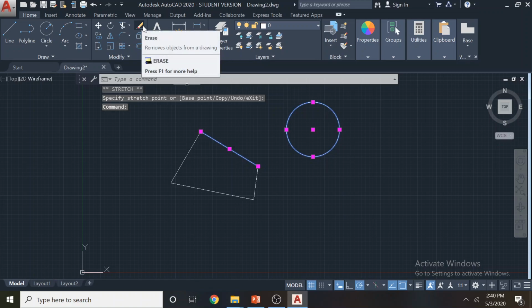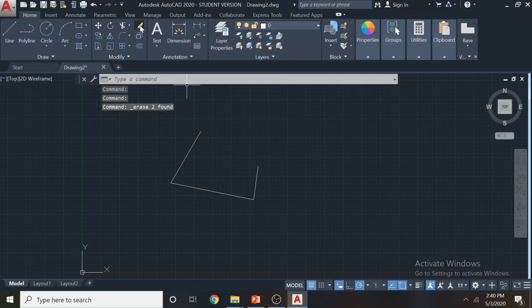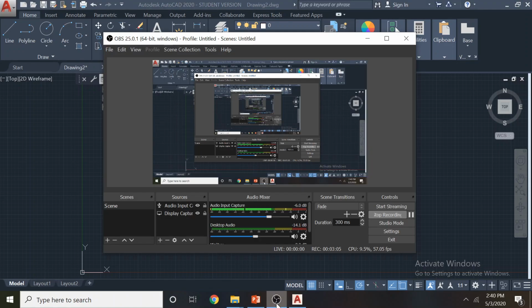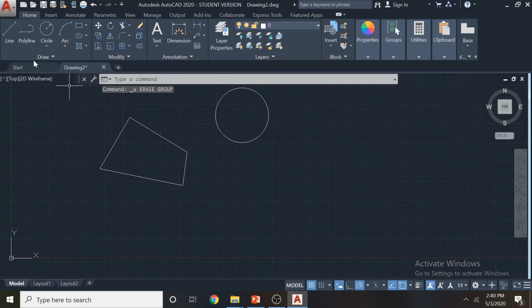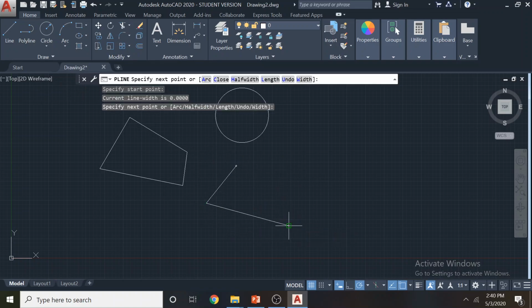We normally don't heavily use the erase tool, though it can also be used; otherwise use the keyboard delete button. Now if you draw the same thing using polylines, what is the difference we can observe?